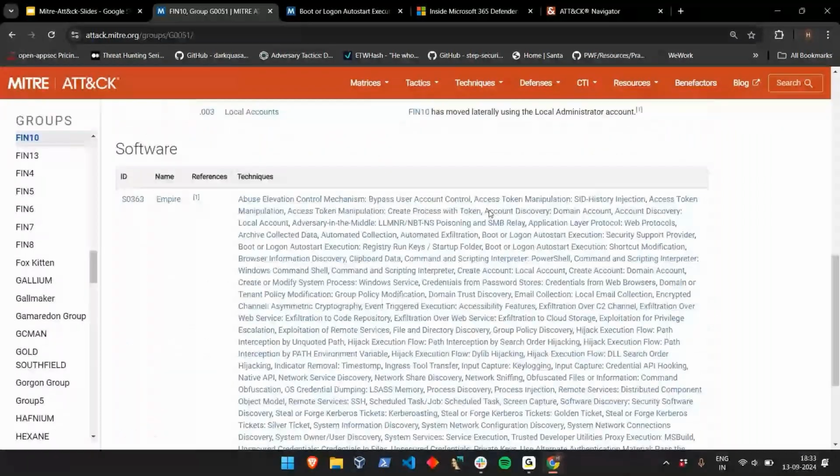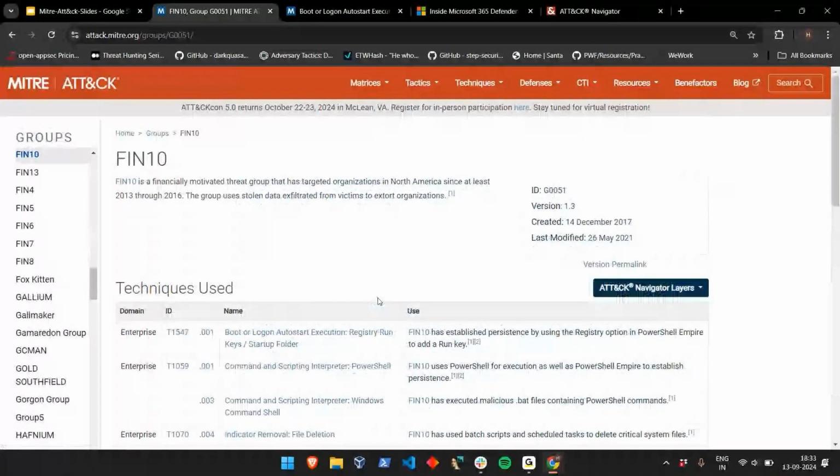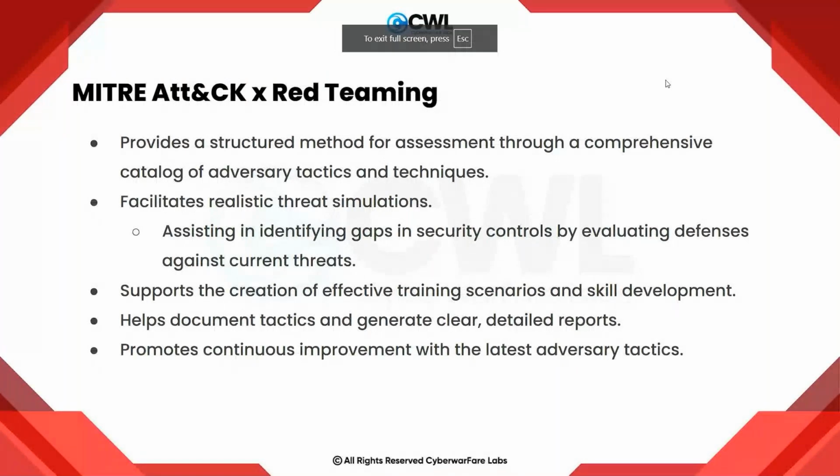And also you will see a bunch of tools that it is using throughout their attack lifecycle. Okay, so now let's come to another slide. Here we will talk a little bit about how MITRE ATT&CK will aid red teaming